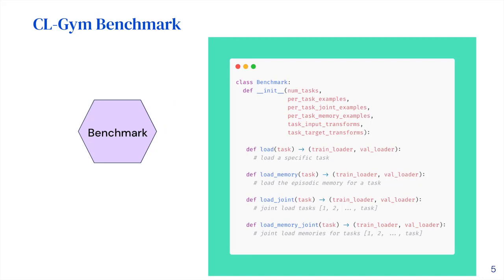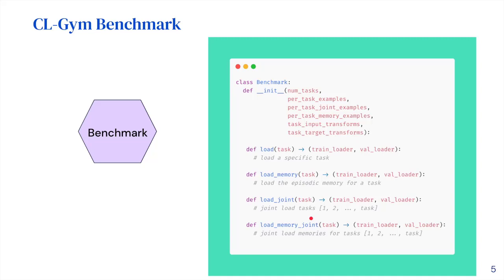The benchmark component is responsible for managing and loading necessary data for continual learning experiments. For instance, you can see that the generic benchmark in CLGIM can load training and validation data for each task, load episodic memory or replay buffer for each task, and also load training data or memory data for several tasks in